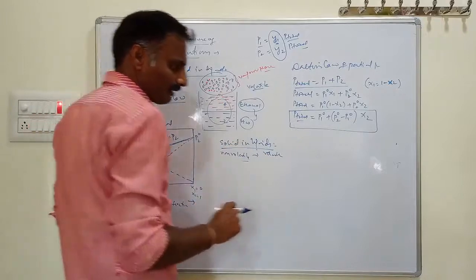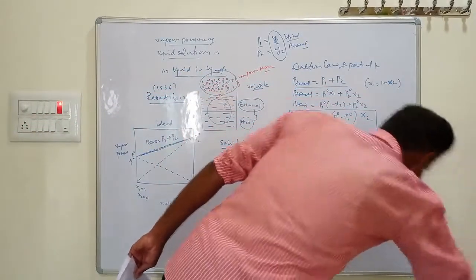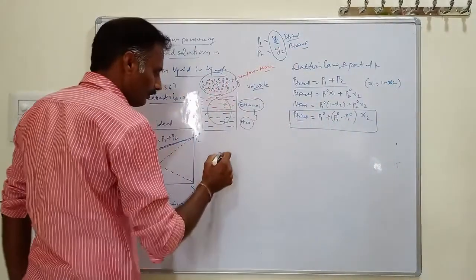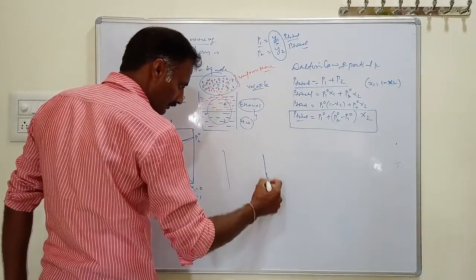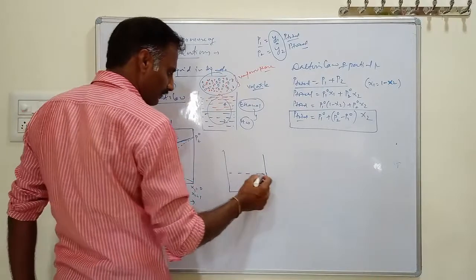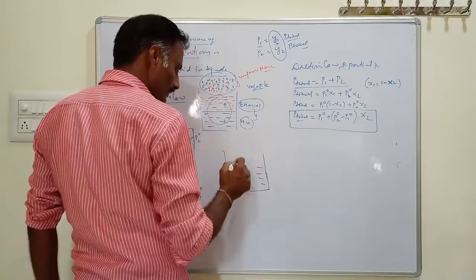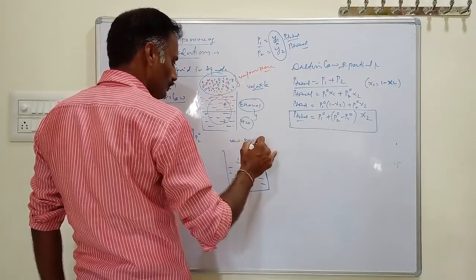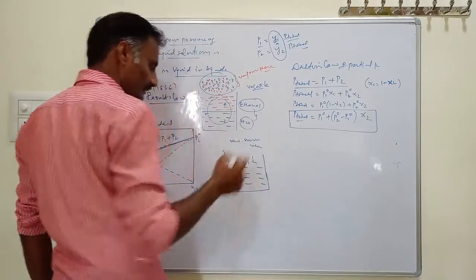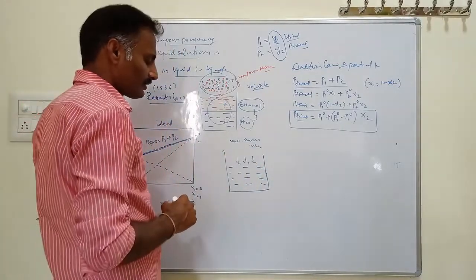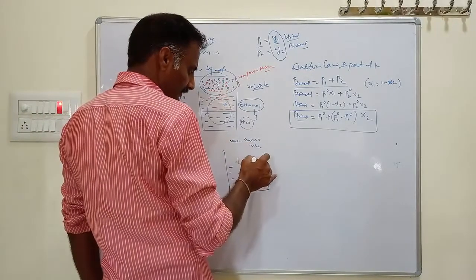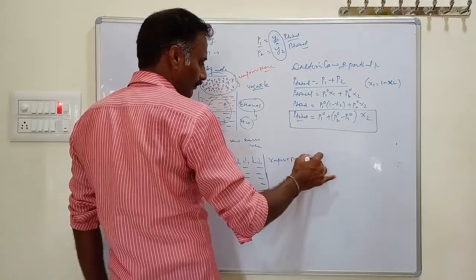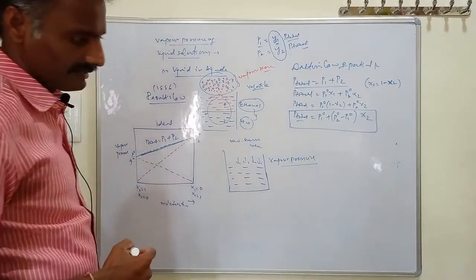Okay, solids and liquids. When solids are dissolved in water, what is the change in the vapor pressure when this is a liquid solution, a liquid solvent? To a liquid solvent, we are adding solutes like sodium chloride, sucrose, or urea. These are different types of solid solutes. When solutes are dissolved in this solvent, the vapor pressure of that solvent decreases.